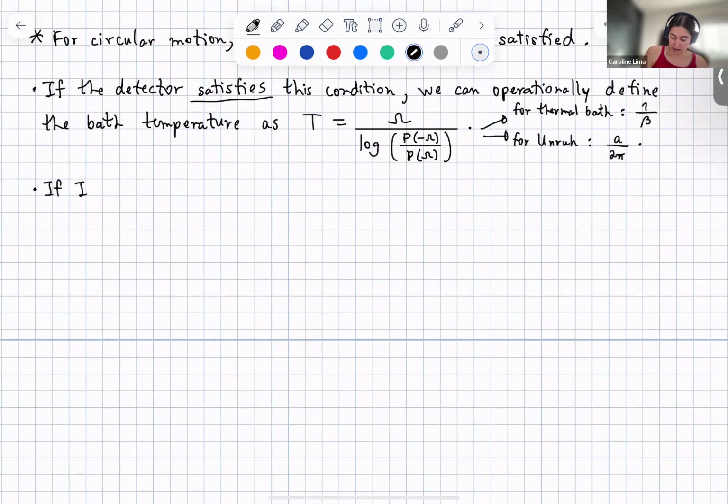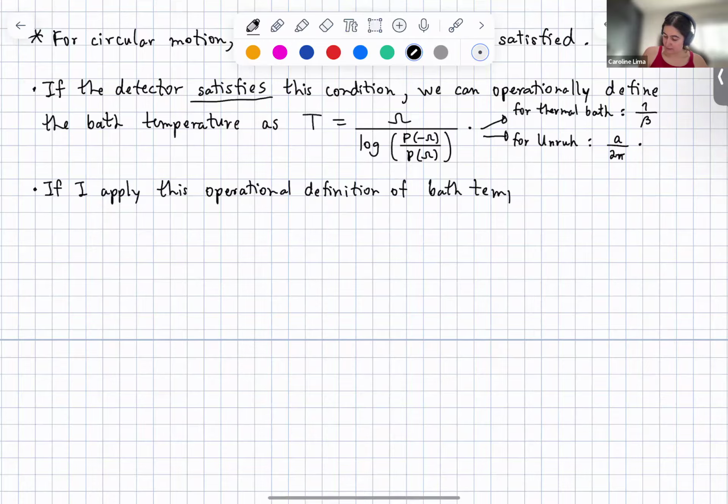If I apply this operational definition of the bath temperature to the circular motion case,